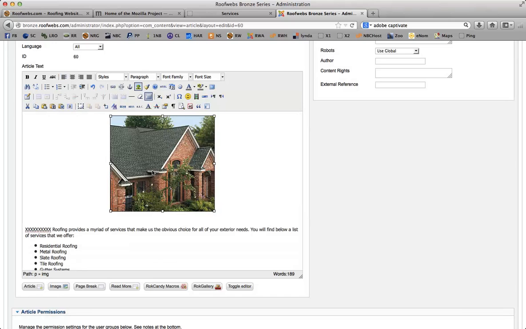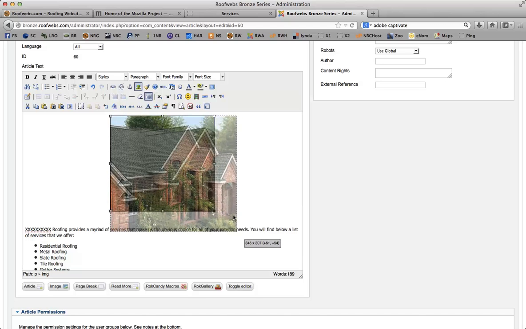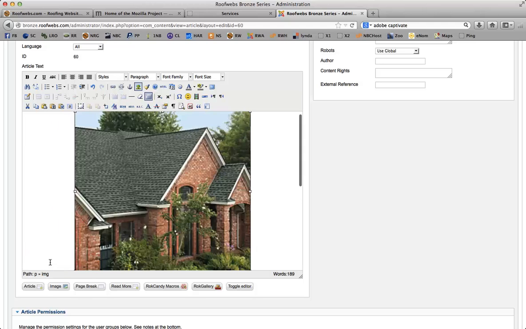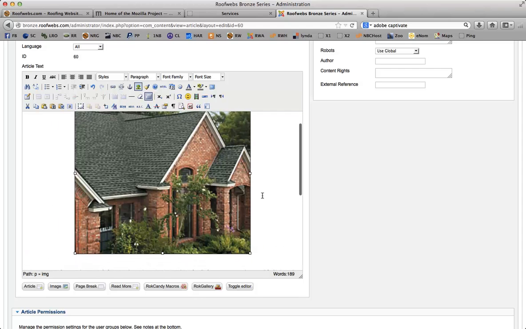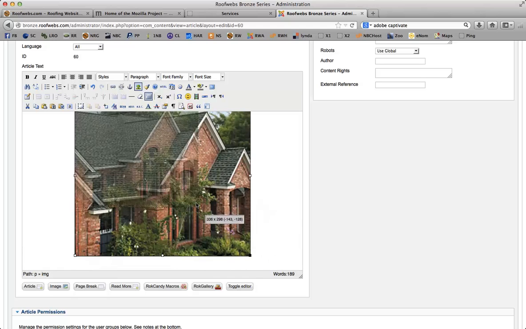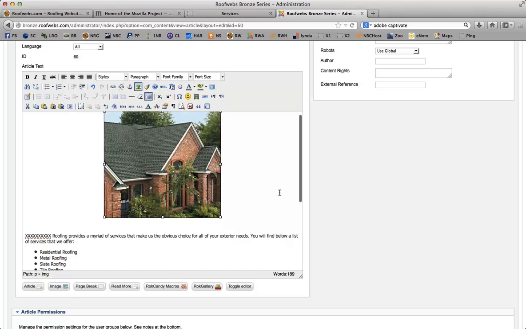Now clearly we don't want this photograph, but before we get rid of it, I do want to show you that you can resize this by dragging the corners. Now as you resize it, it's going to pixelate. So if we make this picture this big, then the problem is it's going to start looking very, very grainy. So I never recommend that you use that as a resizing tool, but it is there if you need to